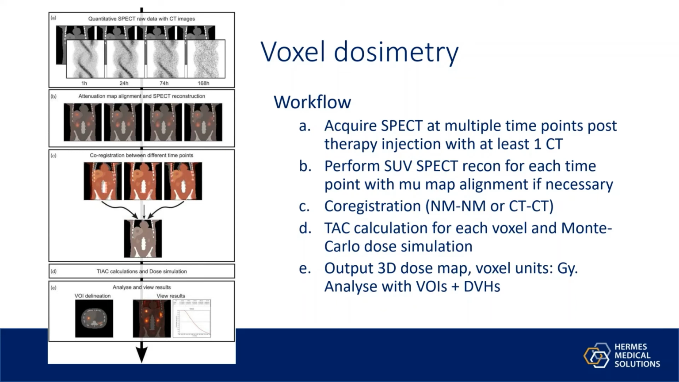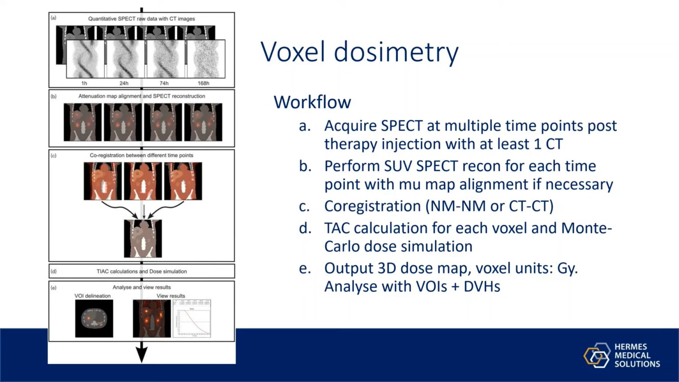So 1 hour post-injection, 24 hours, 74 hours, and 168 hours. The first step is to acquire all these images, then perform the SUV SPECT reconstruction. We need at least 1 CT in all of this. It's possible in the program to make an alignment between the SPECT at each time point and the CT, but